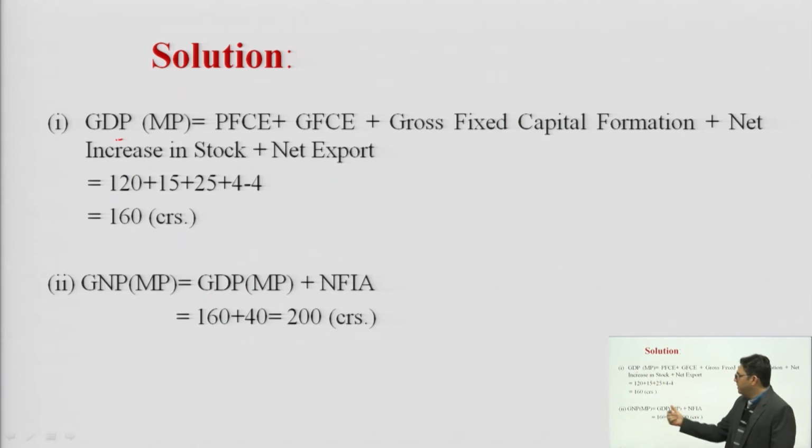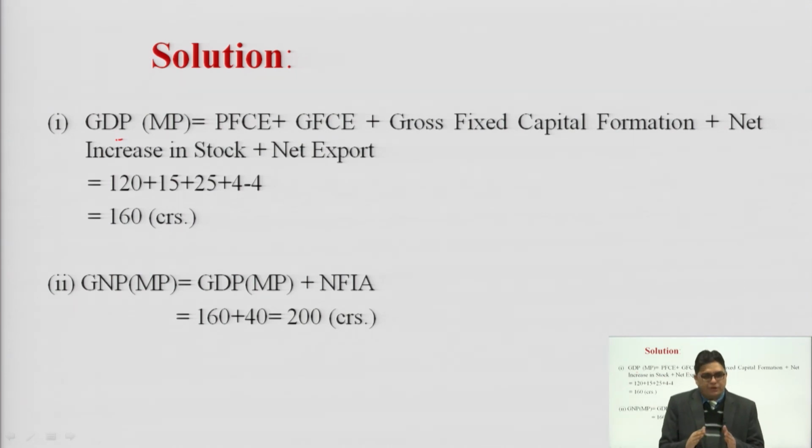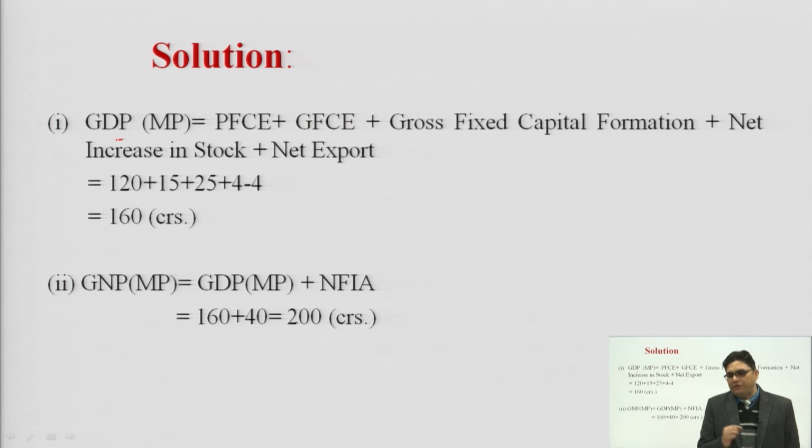So, this is how the income method works, about the gross domestic product at MP. Next, it is GNP at market prices, and we need to take these three methods into account while we are calculating the national income. I just want to give a recap for clarification, in case there is any doubt. If we are calculating national income by GDP, we have three methods: product method, income method and expenditure method. In product method, we have two approaches.